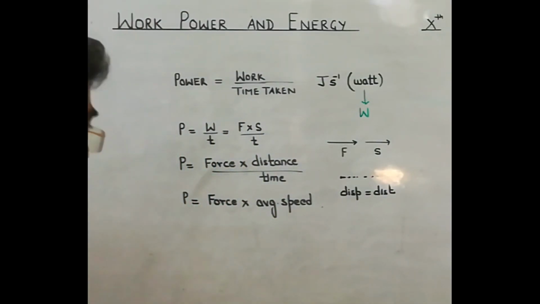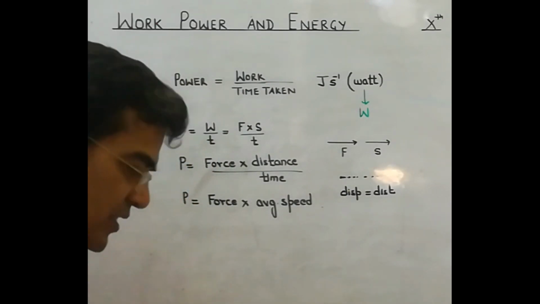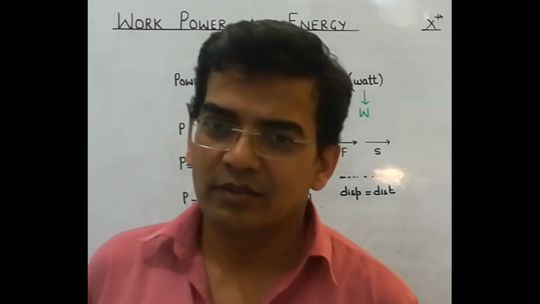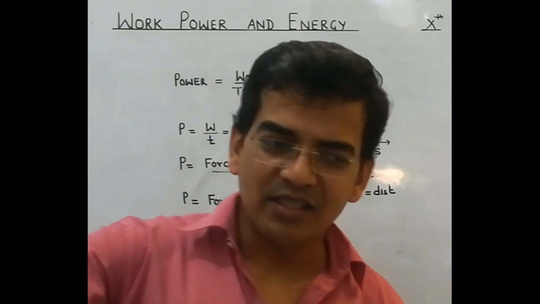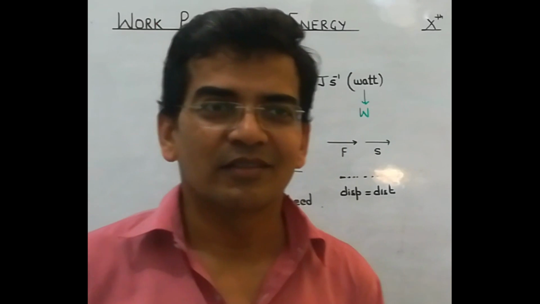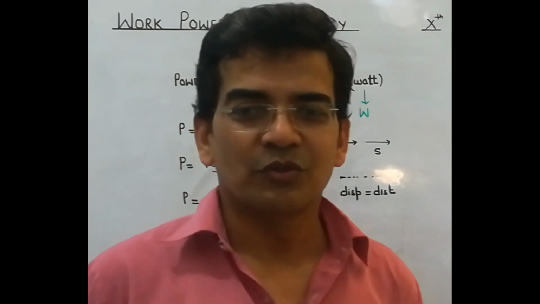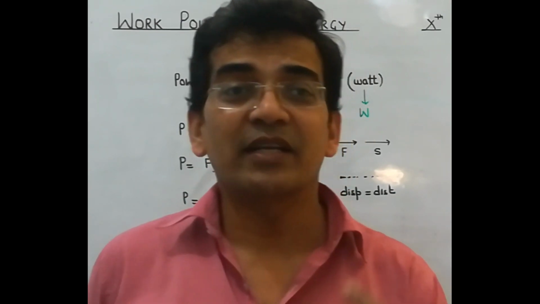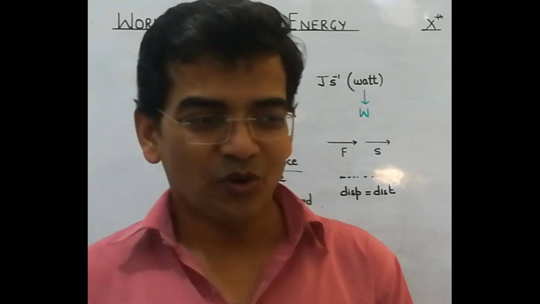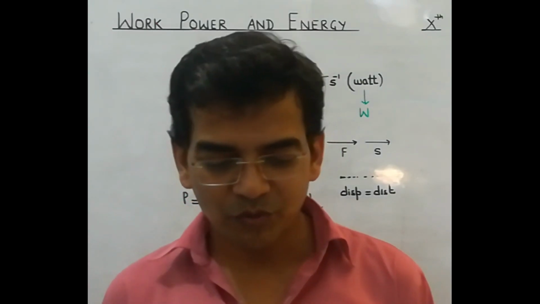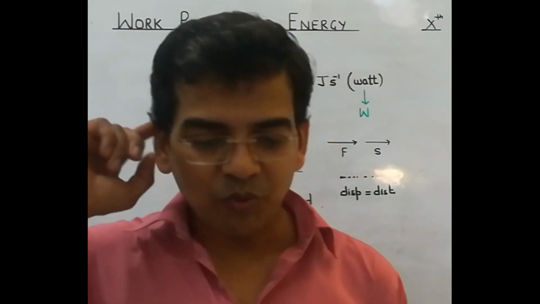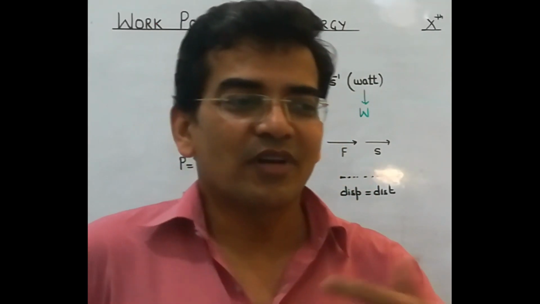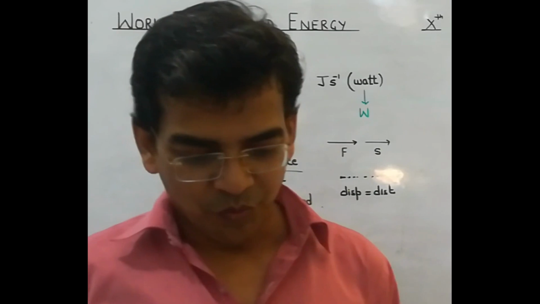Next we have energy. Now for energy, what is energy? Energy of a body is its capacity to do work. That means energy and capacity are related to each other. If suppose you do 20 joule of work, so we will say that you have spent 20 joule of energy. Because what is energy? Energy is the capacity to do work. So whenever work is done, there is always a transfer of energy. Because without transferring energy, you cannot do work.